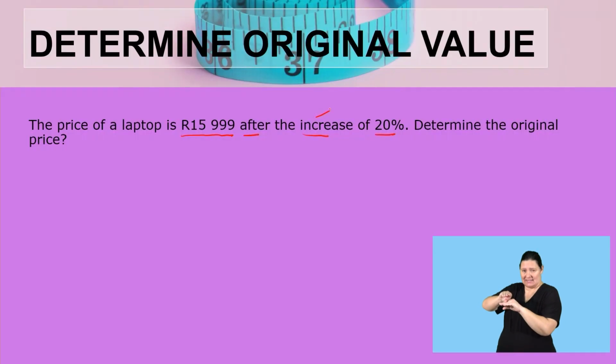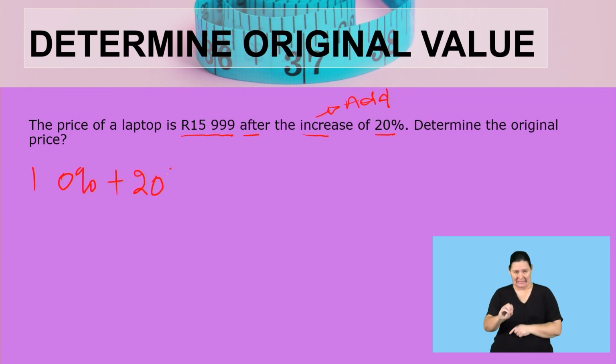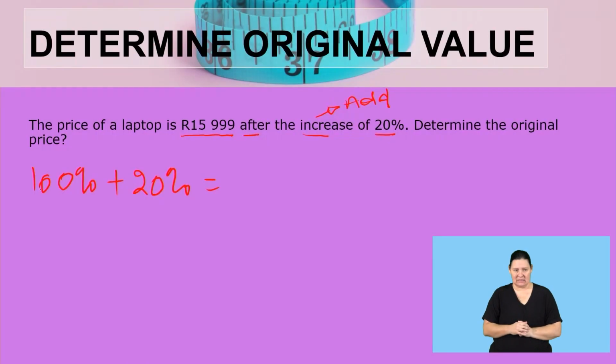We said if there's a decrease, we subtract. Now there's an increase. When there's an increase, then we need to add. We don't subtract. Take note of that. So now we will say 100% plus 20%. Therefore, we will have, it's 100 plus 20%, which is